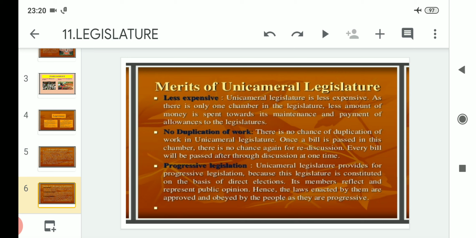So there is no chance of duplication of work in a unicameral legislature. Once a bill is passed in this chamber, there is no chance again for rediscussion. Every bill will be passed after thorough discussions at one time. That means,